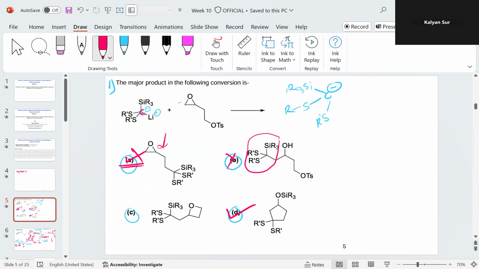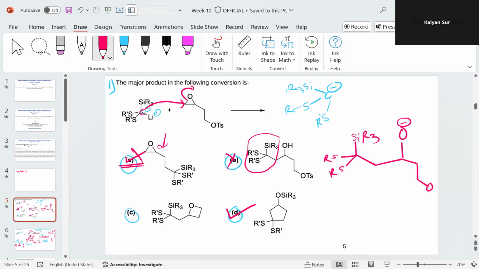And the other option they have given. Once the intermediate forms, as seen earlier, this is the R3 intermediate. I will directly draw the intermediate here. After the first attack, the negative charge is here, and the ring opening takes place. So that O negative,